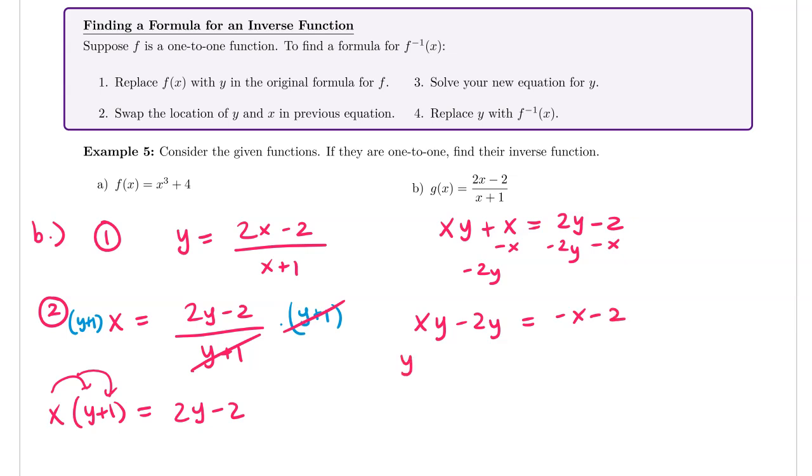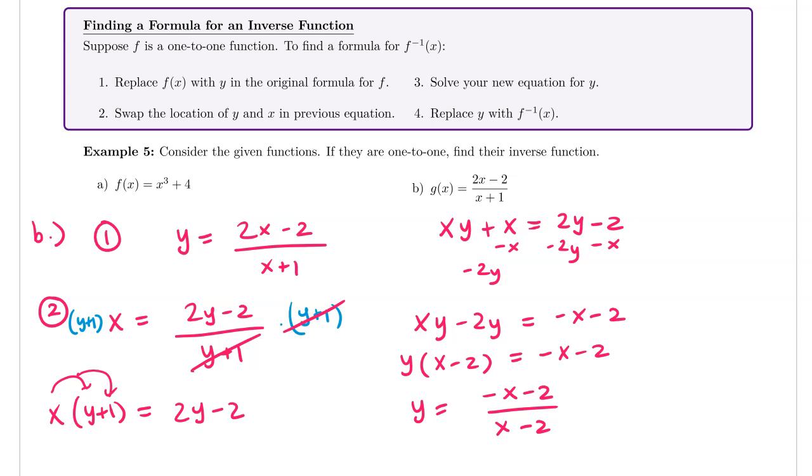And from here, on the left-hand side, both of those terms have a y in it, so I can factor out the y. And the right-hand side does not change. So then if I divide both sides by x minus 2, we get y equals negative x minus 2 over x minus 2. Now please be careful, you can't really cancel out anything here,